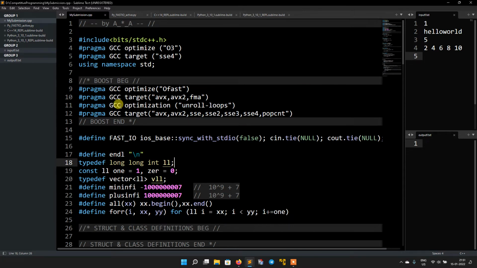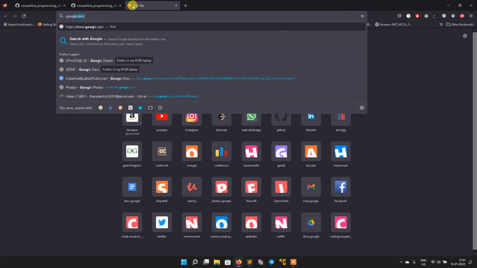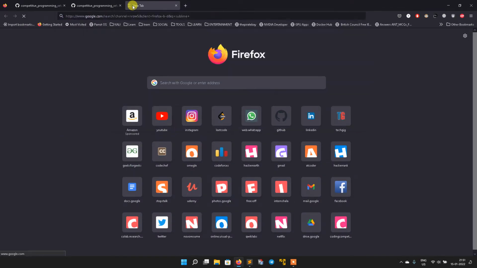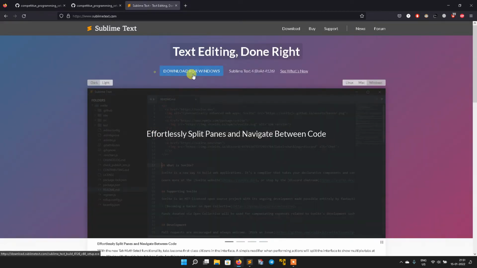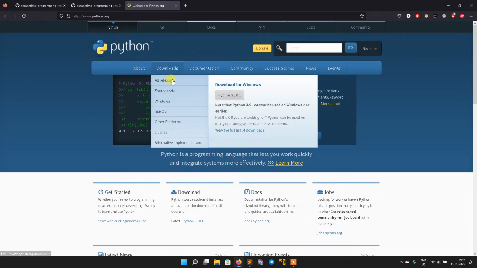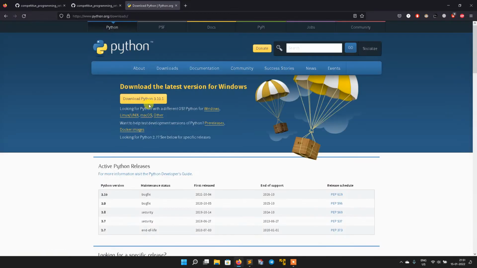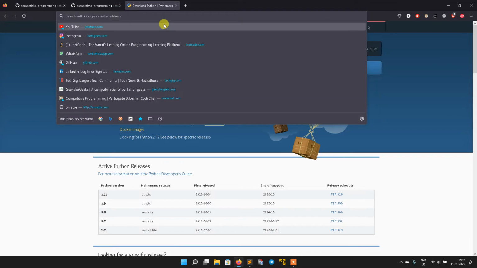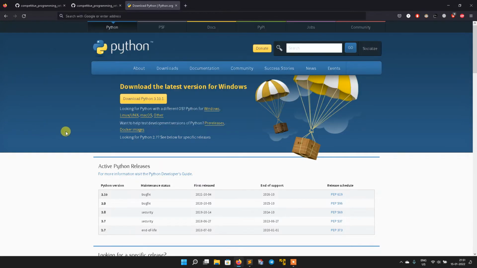So first you need to install Sublime. Just Google for Sublime and download the latest version of Sublime for your particular OS. And now let's install Python, and the same way download the latest version of Python from here. After downloading both these programs, install Sublime and Python, and don't forget to add the Python path environment to your computer